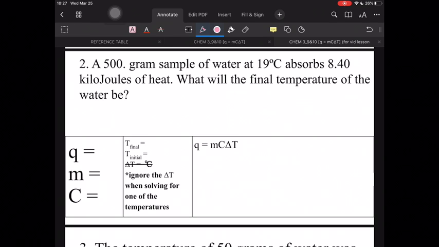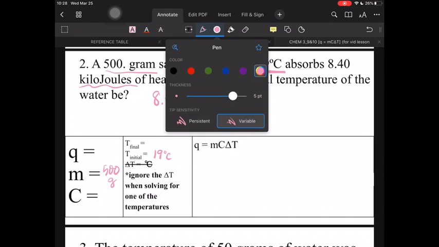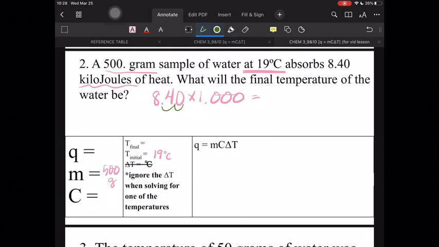All right, 500 grams, so we know that's our mass. Water at 19 degrees, so at, that's what we're starting with. That is our initial temperature. Absorbs 8.40 kilojoules of heat. Kilojoules, let's talk about that real quick. In order to go from kilojoules to joules, you just have to multiply by 1,000. And the way that I do it is I do 1, 2, 3. So that's going to give me